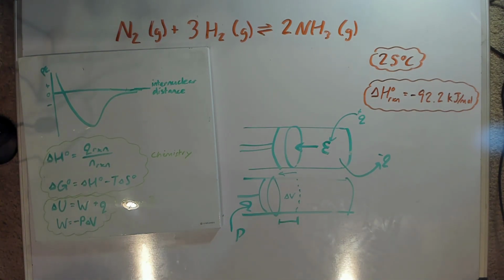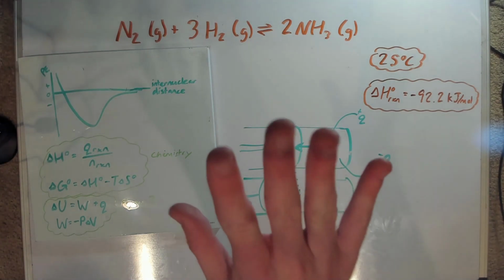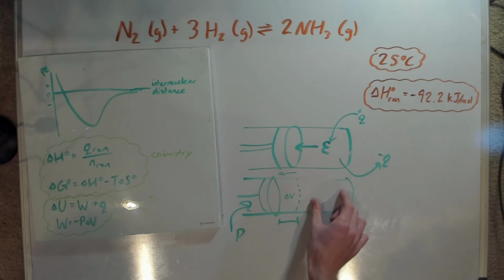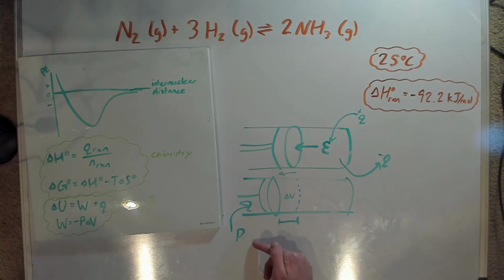So that means that if there were no pressure out here, there would be no work done to push that thing over to the side. That's why if you're in space, you can just shove a baseball and nothing will happen to the baseball. It'll just continue moving in that direction and it costs you nothing to do that other than overcoming inertia. But basically, it's just saying that the amount of work done by the system is proportional to the pressure and